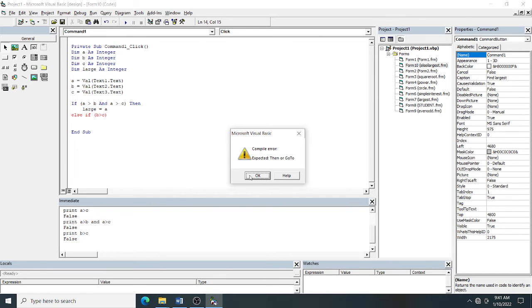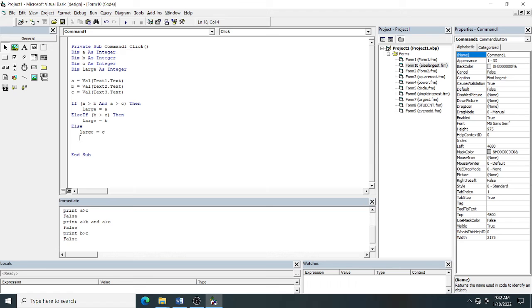Here, what is the mistake? ElseIf is one word, you cannot split it. So type ElseIf, then Large equal to B. Suppose this B greater than C is also false, then in the else part Large equal to C.